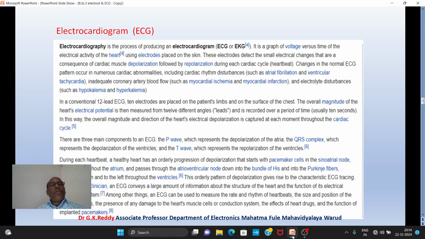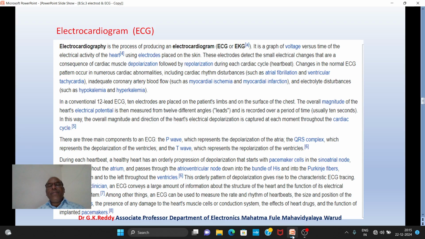Then what is meant by electrocardiogram? Electrocardiography is the process of producing the electrocardiogram, that means ECG. It is the graph of voltage versus time of the electrical activity of the heart using electrodes placed on the skin. These electrodes detect the small electrical changes that are the consequence of cardiac muscle depolarization followed by repolarization. During each cardiac cycle, changes in the normal ECG pattern occur in numerous cardiac abnormalities including